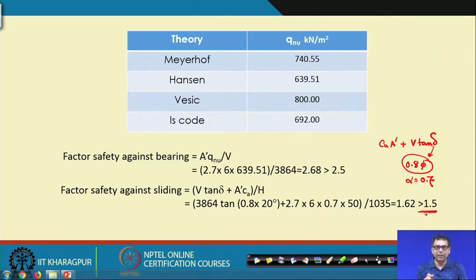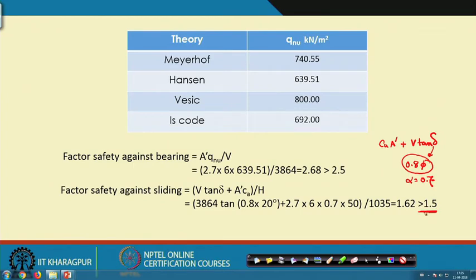So, it is safe. This is the way we have to do the design, and remember that I have explained the differences when we calculate the different factors for different approaches, and in which factor you will use the effective and in which one you will use the actual dimension. That I have discussed, because it is different for different approaches. Okay. And the final one: now that the bearing check is done, I have to do the settlement check.